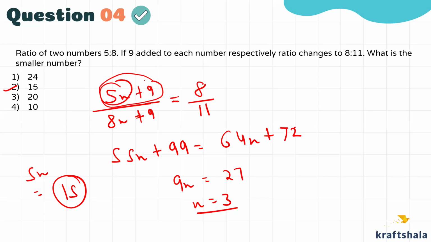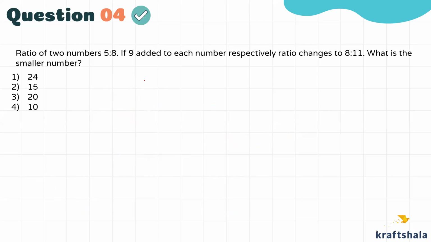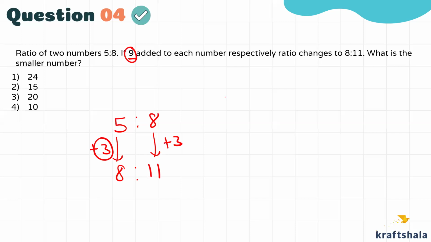Again the same thing, अगर थोड़ा सा observe करते तो इस question को without using pen paper भी you can do it. See, a bit of observation. First ratio is 5:8. Second ratio is 8:11. इसमें भी 3 was added. इसमें भी 3 was added. But actual में 9 was added. So 3 corresponds to 9, 1 corresponds to 3, 5 corresponds to 15 directly. Are you getting it? So 3 parts are added on both the numbers. So 3 is actually 9. So 1 is actually 3, 5 is actually 15.